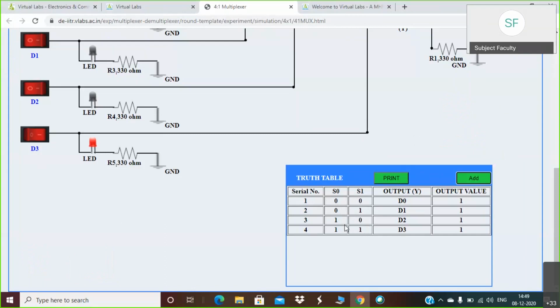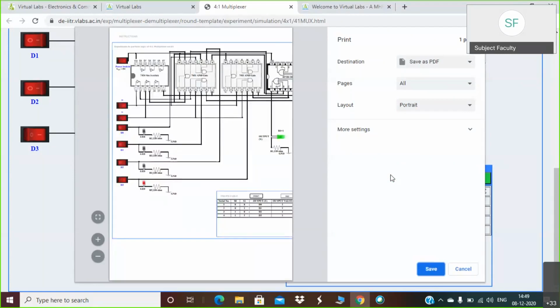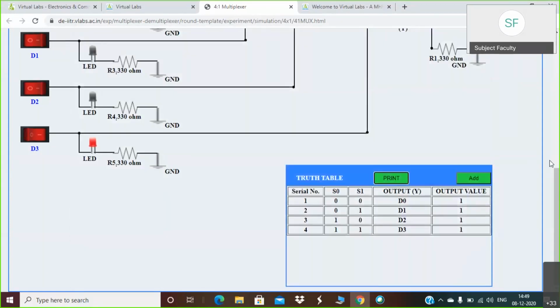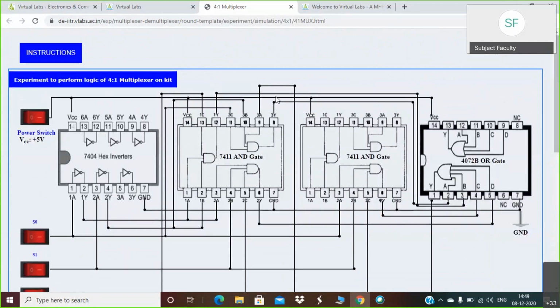Depending on the combinations, the output has been connected to the inputs D0, D1, D2 and D3. You can also take a print of this in the form of PDF. It will look like this. So this is regarding the first part of our first experiment.